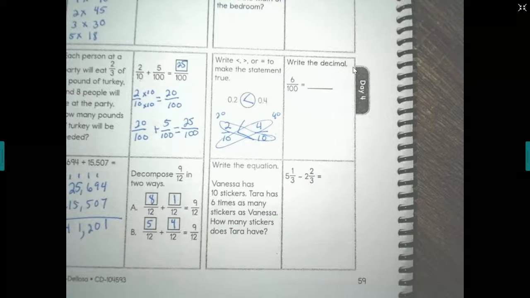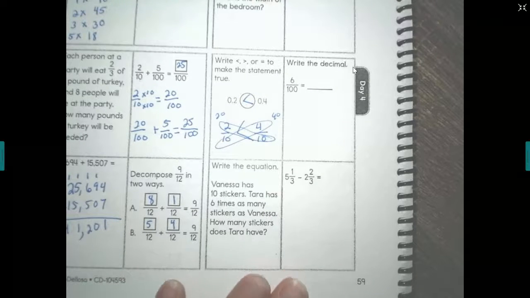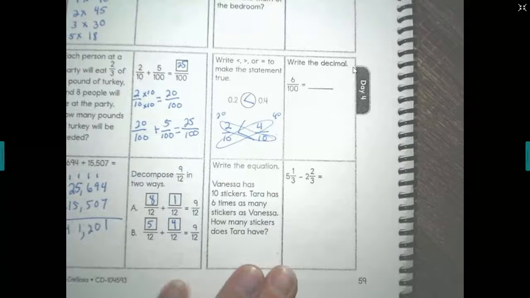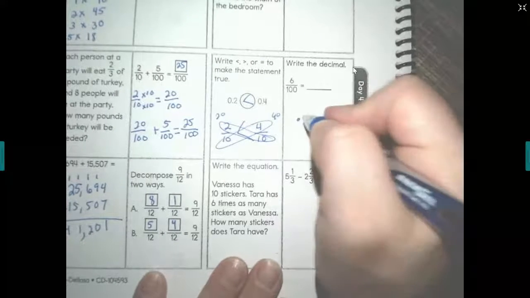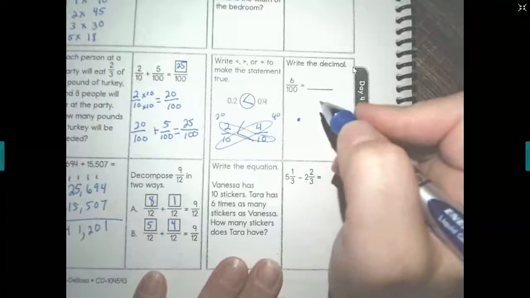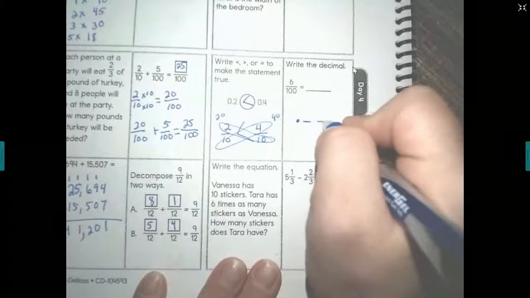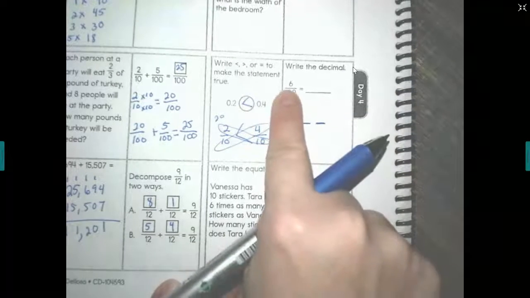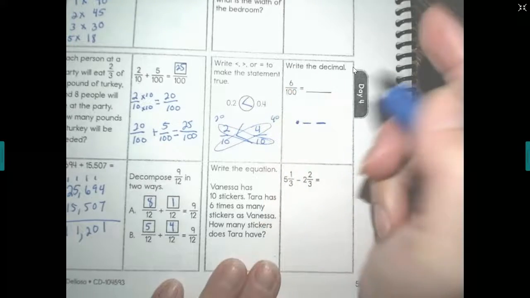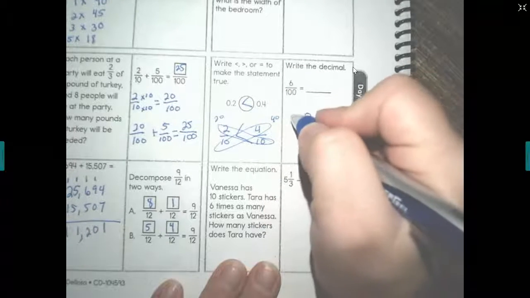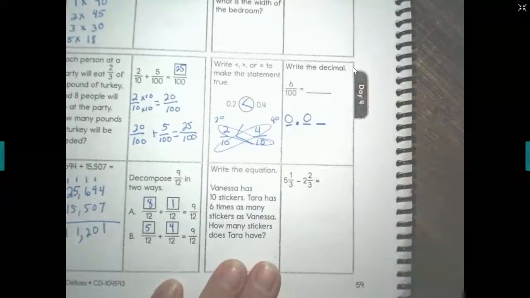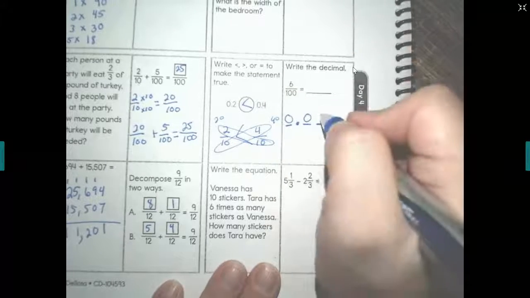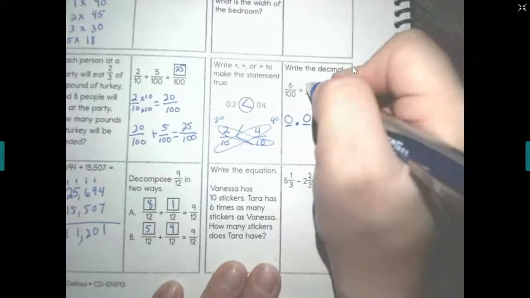All right, 6/100ths. We've talked a little bit, not only in daily math, about where the hundredths place is. And the hundredths place, and notice I'm saying hundredths with the TH, is 2 places after the decimal. So when we look up here, we don't have any tenths, so we have to put a 0 there. We don't have any whole numbers, which comes right before the decimal. And we have 6/100ths. So to write this as a decimal, it's just